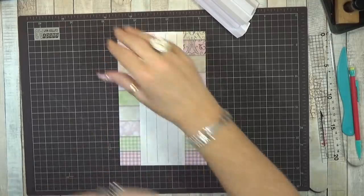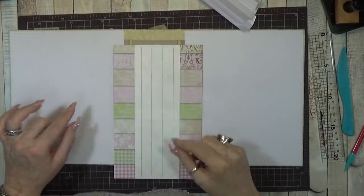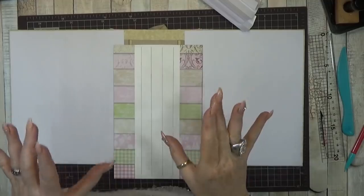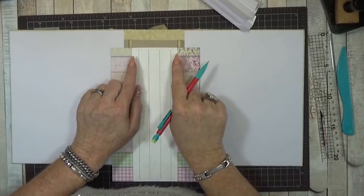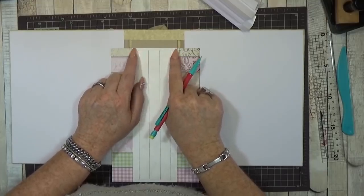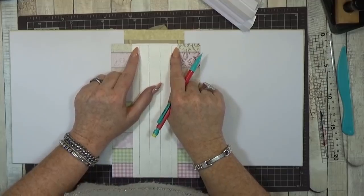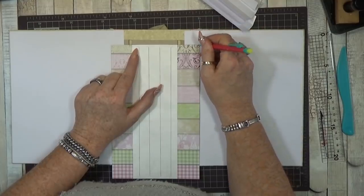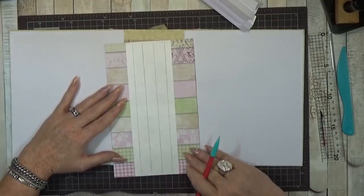Alright, well, next step. Perhaps if you like to use a little guideline, perhaps it's a nice tip that if you line this white Tyvek to your spine, that's each 7 centimeters. If you line this up like this, and you make a little mark on that corner, then move it up